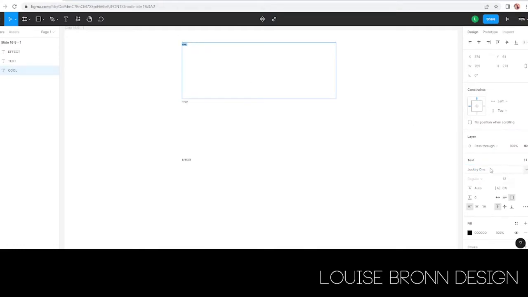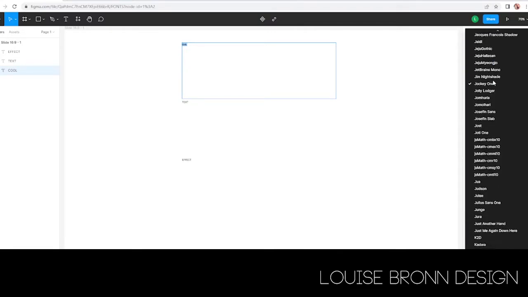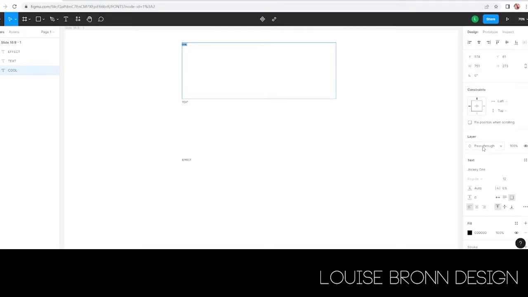If you want to change the font, you can either click down and scroll through all the Google fonts that are on here. If you want to see what they look like, you can just select the name of the font and press down and it will change and you can see the font. But let's just go back to Jockey 1, increase the font size. I'm just going to make it 100